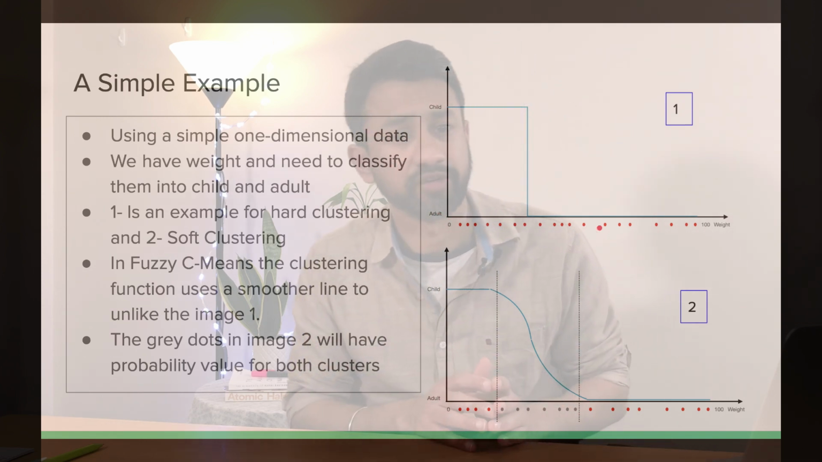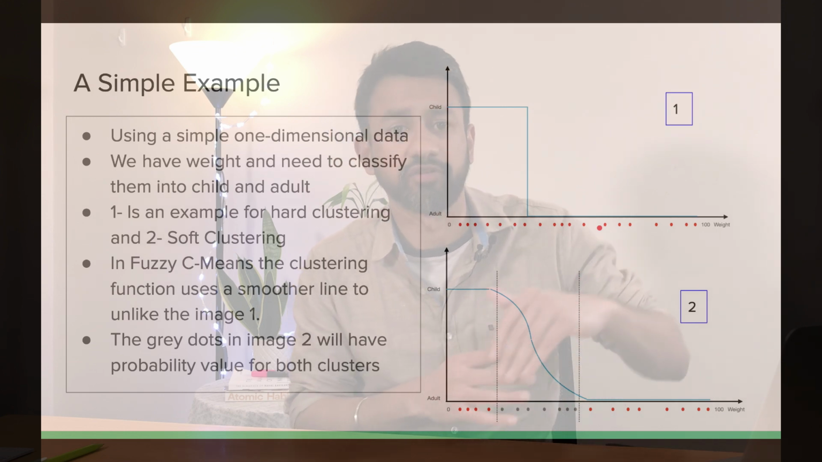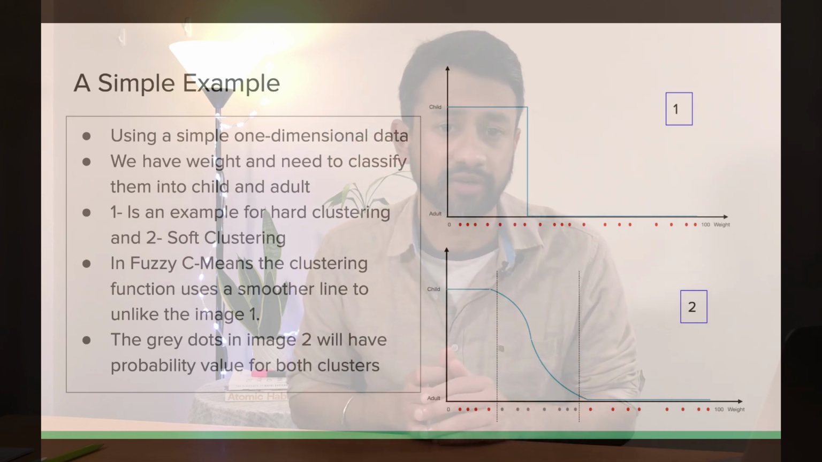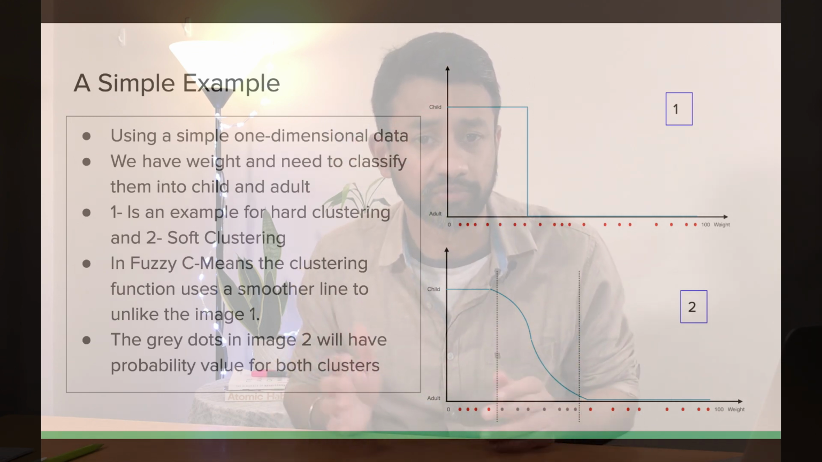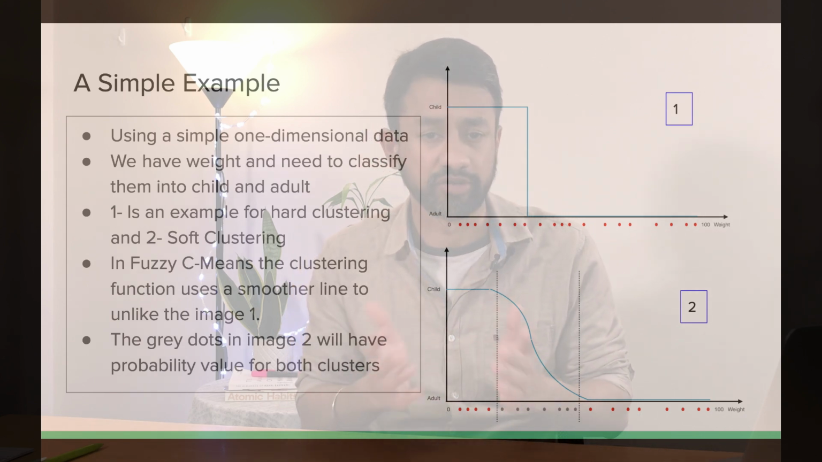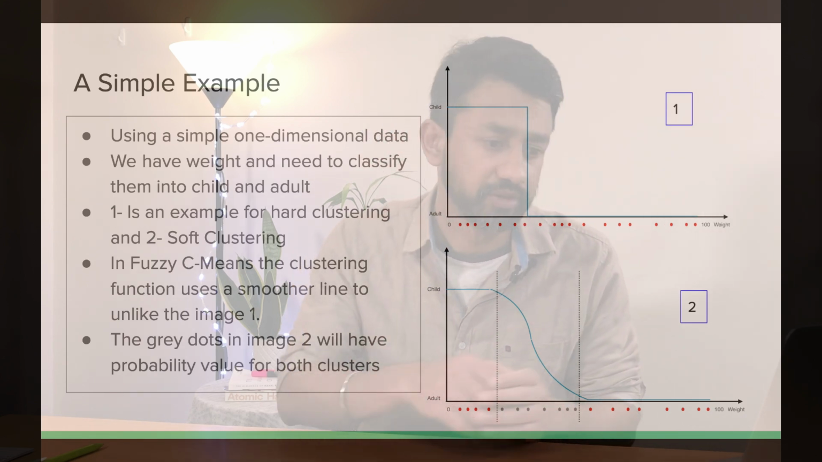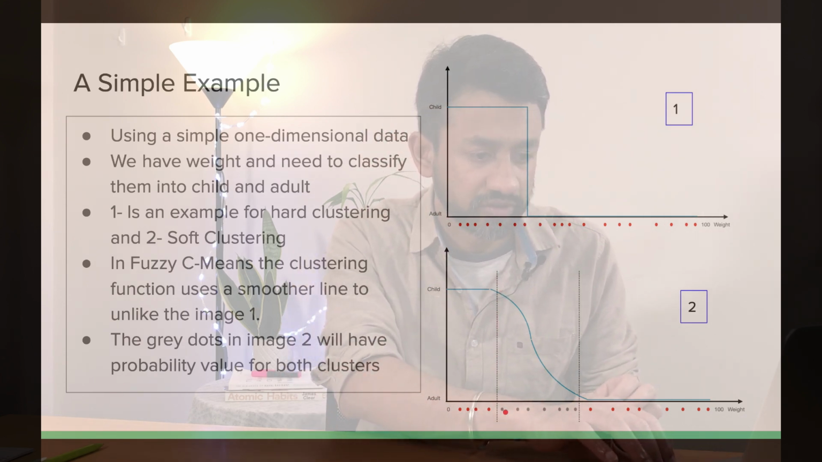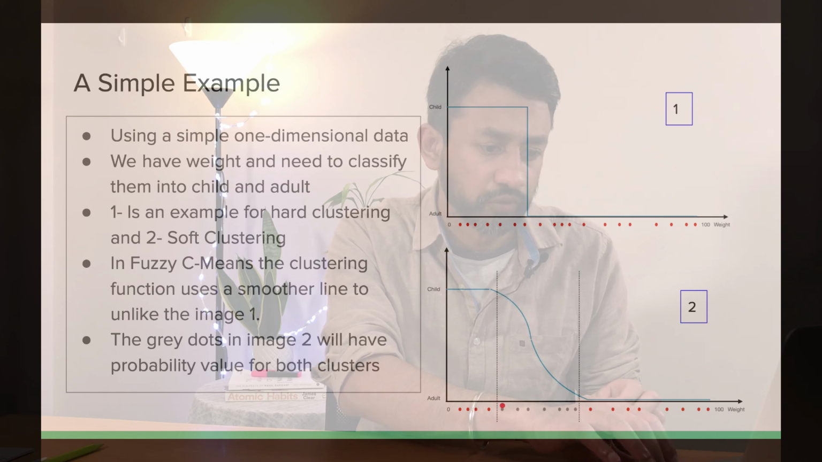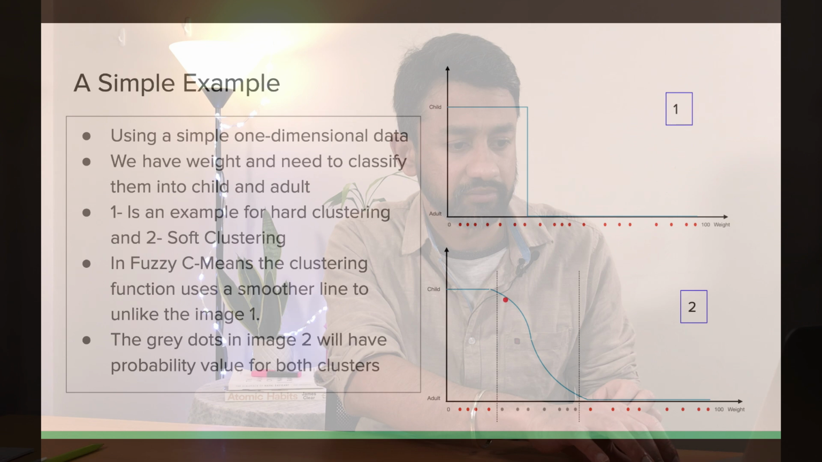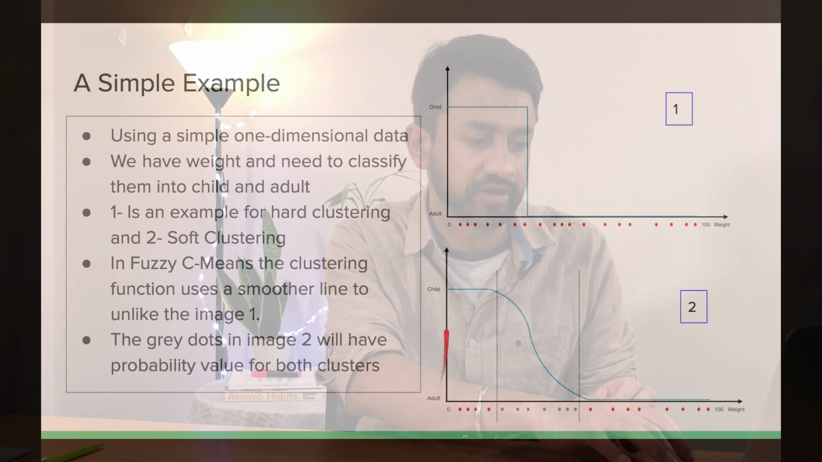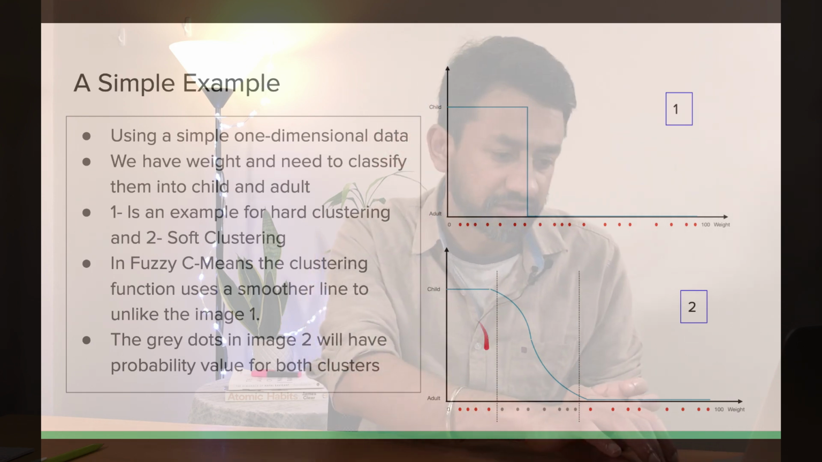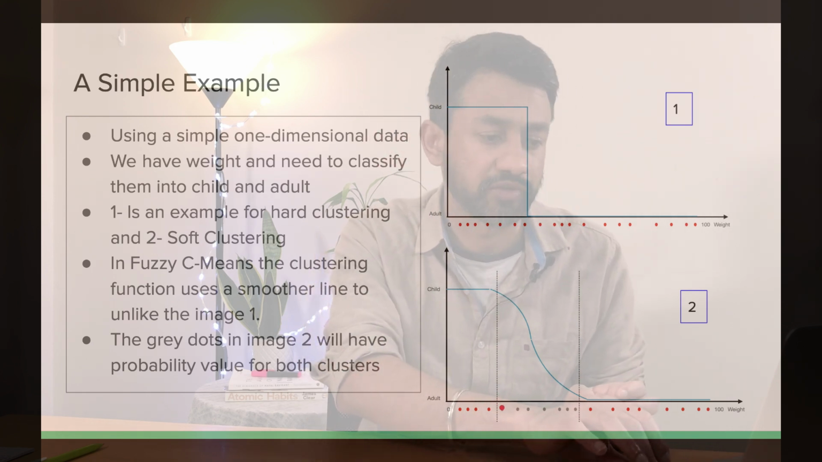In case of soft clustering, there will be a smoother line which transitions from one cluster to the other, and hence we will have a whole set of probabilities with values in between both of them. So if you consider a data point that is here, you draw a straight line, hit this curve, and get an equivalent value from here. So let's say 0 is the adult and 1 is child. We will have a probability of 0.9, which is 90% child for this particular data